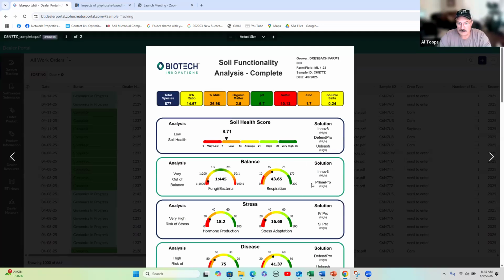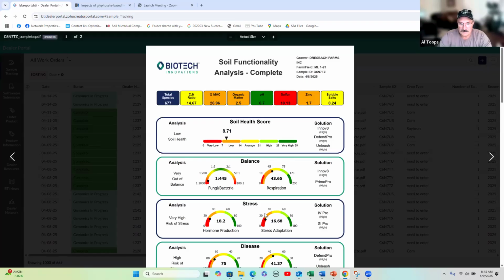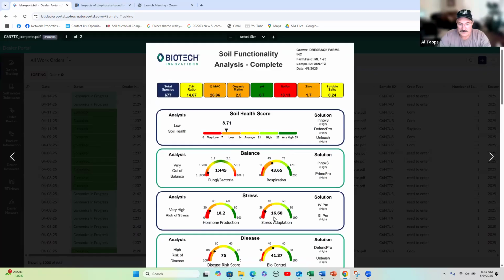This is what I would call a comprehensive soil health survey. I love this report because it basically gives me all the indexes we need to know to help better improve the soil health. So like the carbon to nitrogen ratio, yeah, it's yellow at 14 point, whatever. I thought the ideal was 16-1. No, the ideal, according to Lance, let me just show you that,